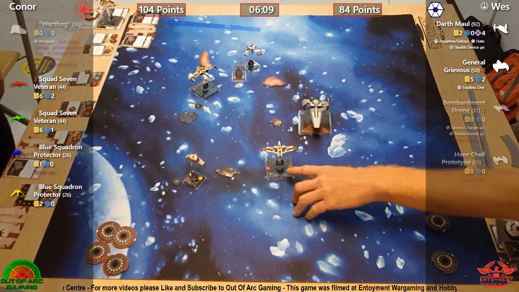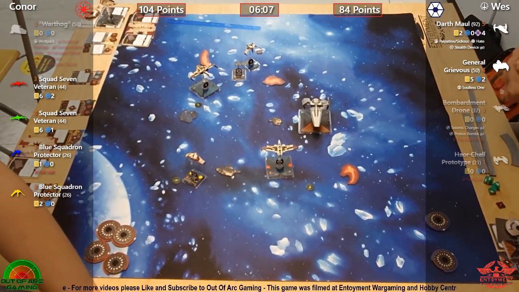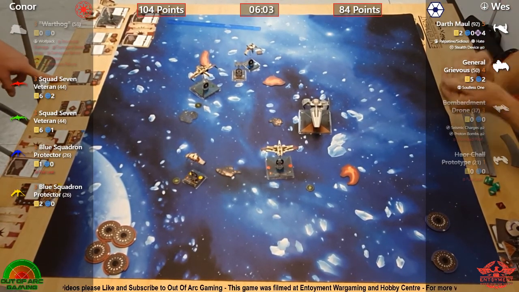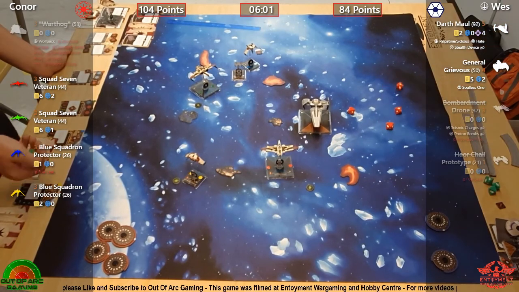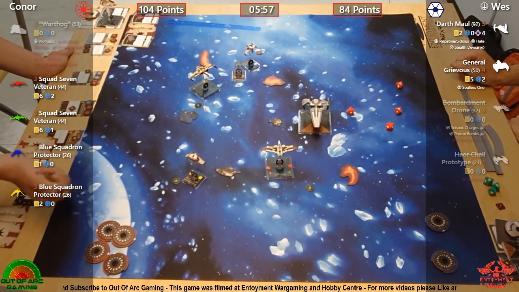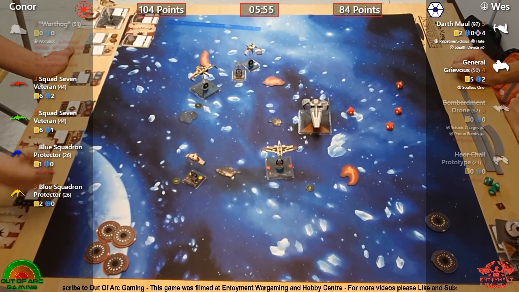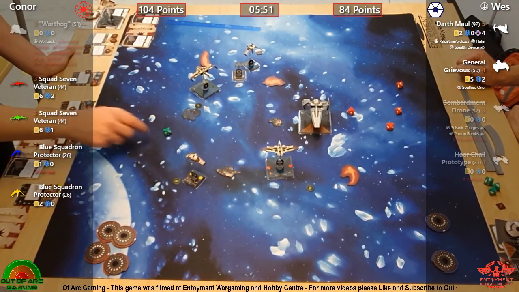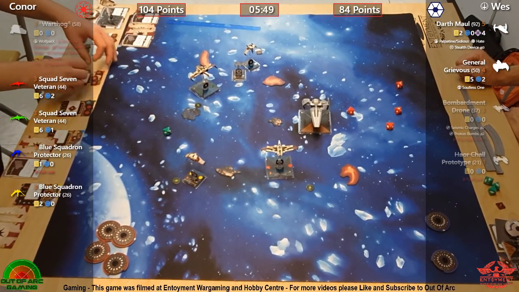But it looks like in the game we've lost Warthog, so there is a ship down there. So lost the protection there for the ships, but it's still very much in Conor's favour. He's just lost the last 2 shields on red. But he's got...